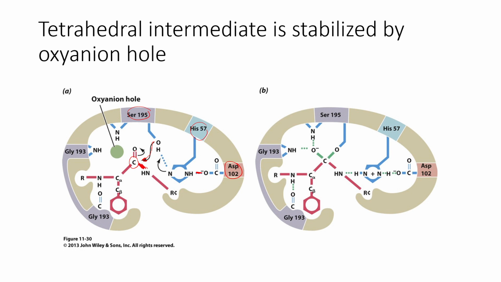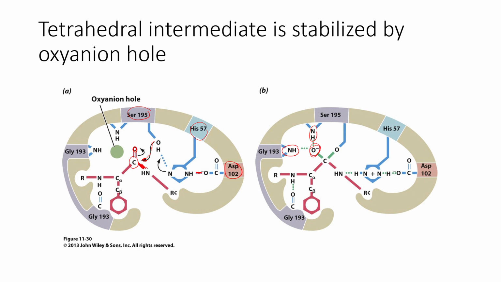And so the electrons get pushed up to this carbonyl oxygen, forming our tetrahedral intermediate that has this oxyanion. But conveniently, this negatively charged oxygen is right by these stabilizing parts of the amino acid backbone of the enzyme itself. So these amines that are part of the backbone of the enzyme are able to form hydrogen bonds with this oxyanion. That's the piece of the tetrahedral intermediate. So that's another way that this intermediate form is being stabilized by the enzyme, along with all those other stabilizing